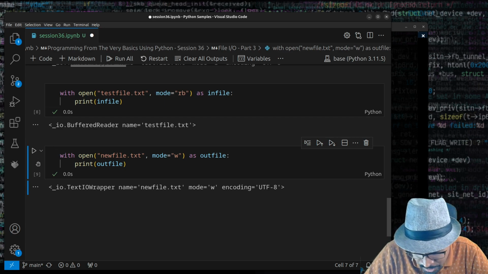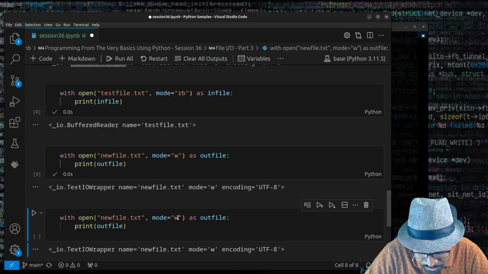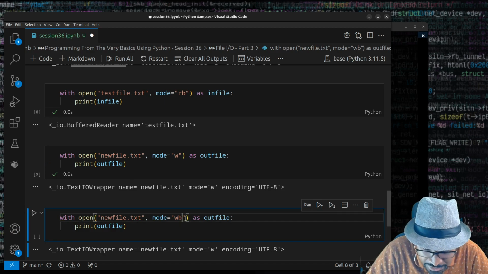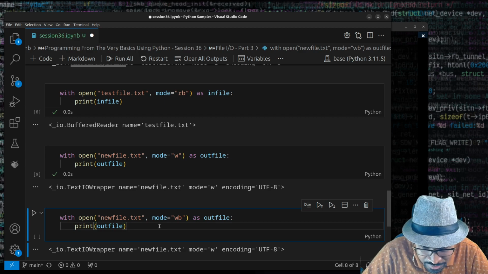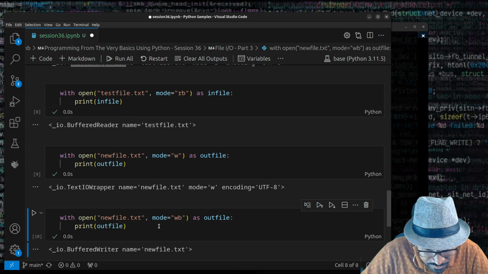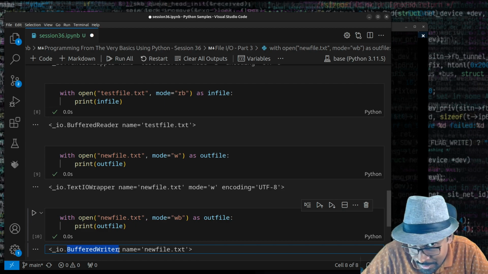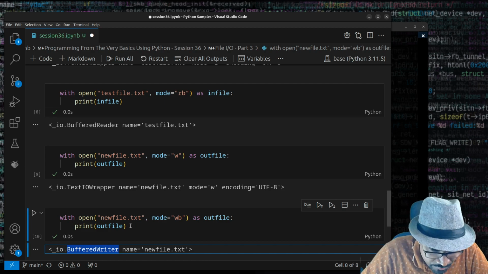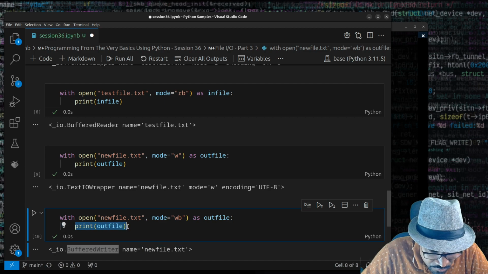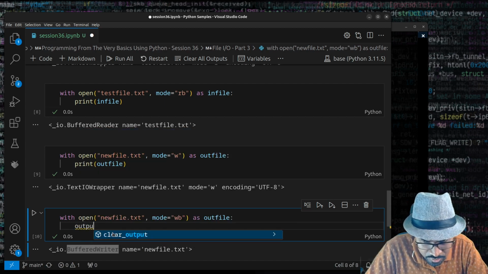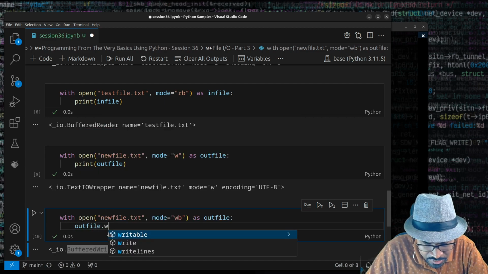But if you try to open the same file with mode equal to wb, you get a b there. Now you can try to print this. You can see you get an instance of a BufferedWriter. outfile is now a BufferedWriter. So if it's a BufferedWriter, what you write here is that if you just try outfile.write